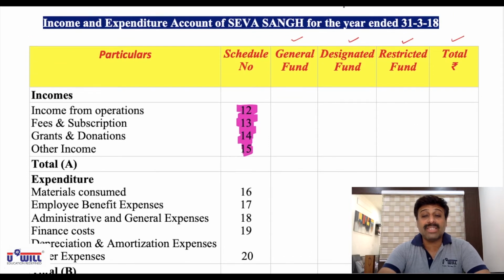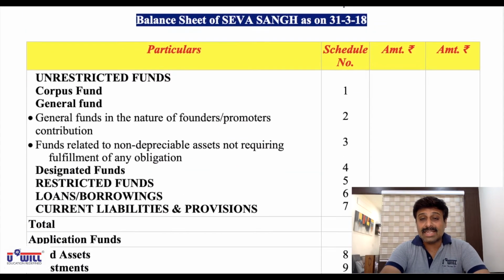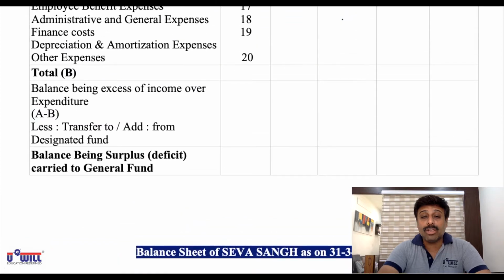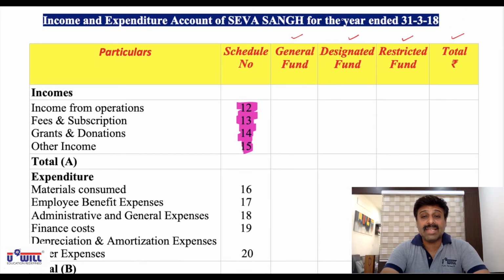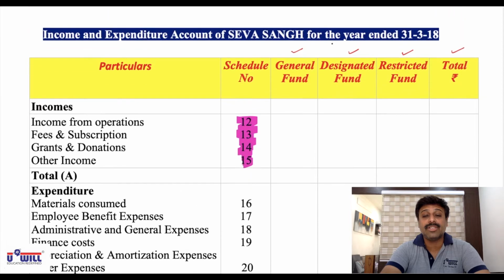So all of you pause the video and make this formats. Okay, income and expenditure statement, but make it in columnar form. General fund, designated fund, restricted fund and total. Incomes, expense, rest of the part remains exactly same. Balance sheet also remains exactly same. Balance sheet is not to be done in columnar form. Only income and expenditure statement is to be done in columnar form. There also, as I discussed, incomes will not make separate schedules. We'll be directly writing the amount of incomes in income and expenditure statement. So pause the video and make the format of income and expenditure statement and balance sheet, everyone.